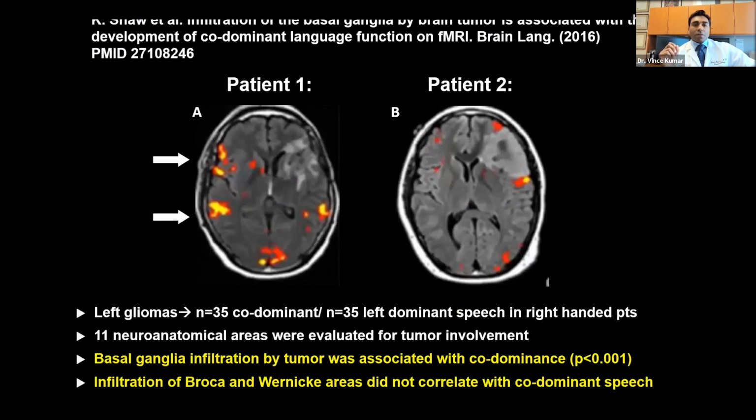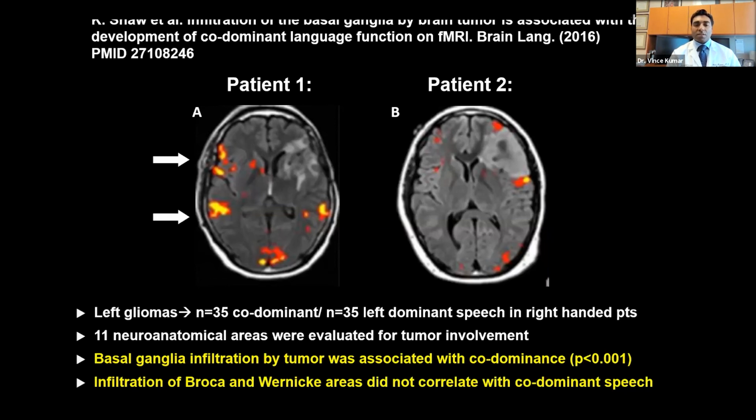This is an interesting article that came out of Memorial Sloan Kettering, in which they evaluated 11 neuroanatomical areas that were involved by infiltrative glioma. And they retrospectively looked at patients who on the fMRI had codominant activation, so activation in both hemispheres or towards the right, or in patients who only had left-sided functional activation. They found, which was interesting, that tumors that infiltrated the basal ganglia resulted in a greater number of patients with codominant or right-sided language function. So it's not clear why infiltration of the basal ganglia would trigger a reorganization response,